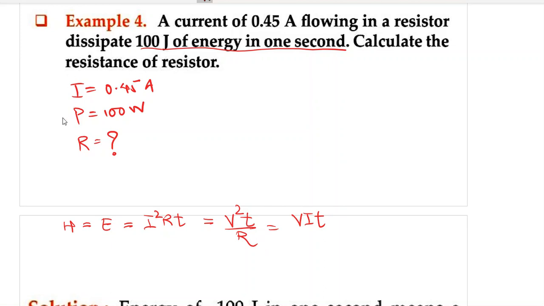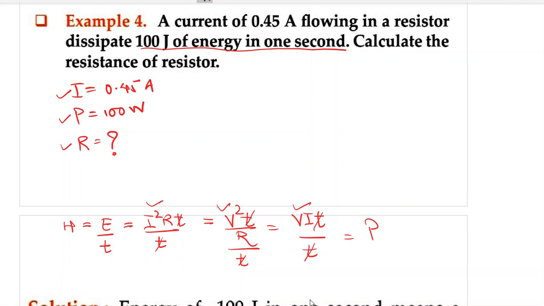So in this question, we want resistance, we have been given power and current. You must be wondering why I'm writing the formula for electrical energy. Because electrical energy divided by time will give you power. So if you divide by time everywhere, what will you get? You will get power. So I square RT upon T will give you I square R. This will give you V square by R. And this will give you V into I. So power has three formulae. I square R, V square by R and VI. Which formula to use?